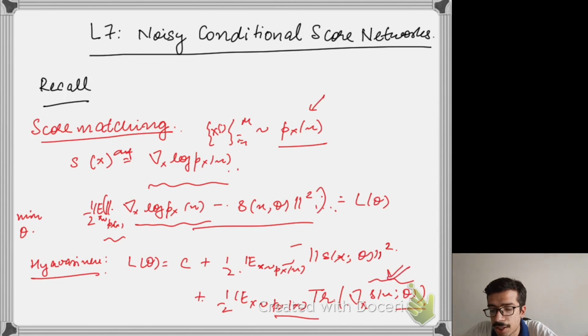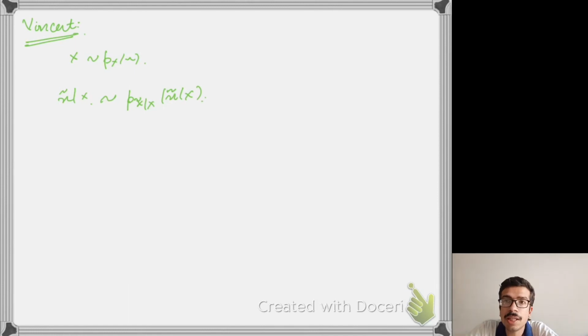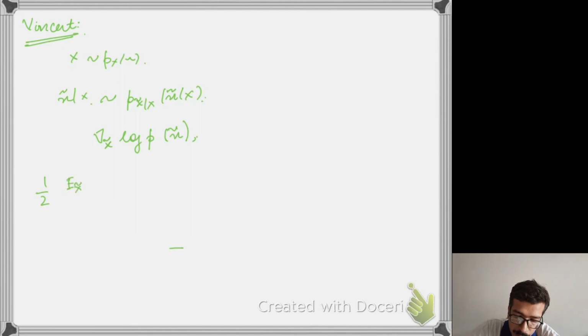The issue with that is that computing this Hessian was difficult, and then the sliced score matching algorithm attempted to improve this. However, before sliced score matching, there was another algorithm by Vincent et al. If you recall, they showed that if you have some data distribution p(x), you perturb this x by adding some noise. So you sample x tilde given x from the distribution p(x tilde given x). Now if you want to learn a network to model the gradients with respect to x tilde of log p(x tilde), then what they showed was that the objective function, half of the expectation over x tilde coming from p(x tilde), the squared norm of the gradient with respect to x tilde of log p(x tilde), minus the scores, this squared norm, equals